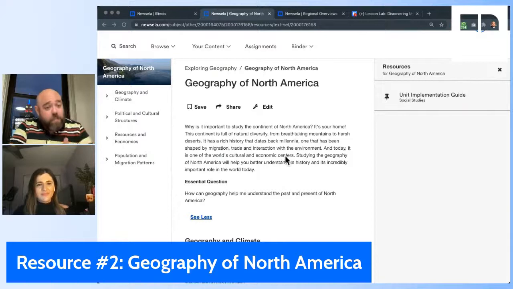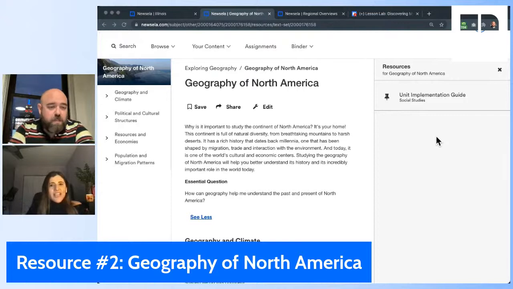And correct me if I'm wrong, but this is also inside of Newsela Social Studies, correct? It is, yes, that is correct. Excellent. Now I'm seeing something here, this unit implementation guide. Can you tell me a little bit about what these resources are on the right-hand side of some of these collections? Absolutely, yeah. So at the unit level, if you open up the unit implementation guide, you'll be able to see